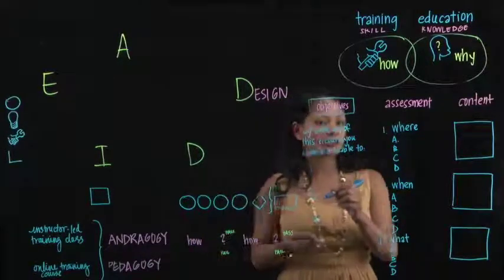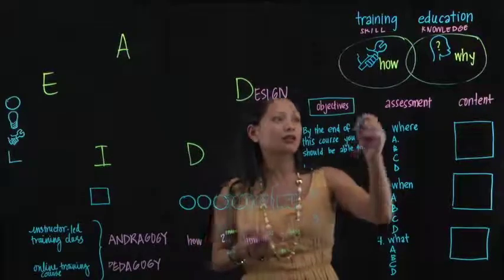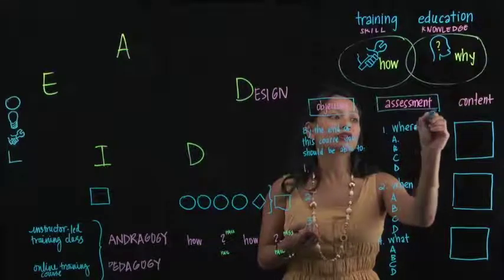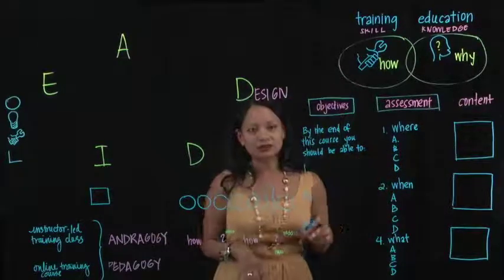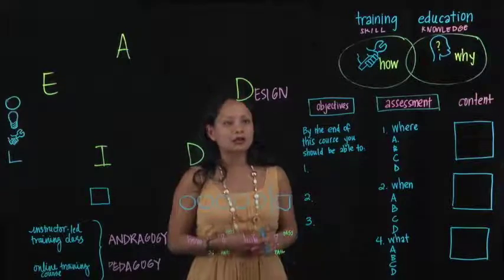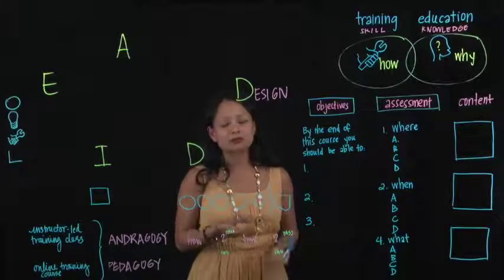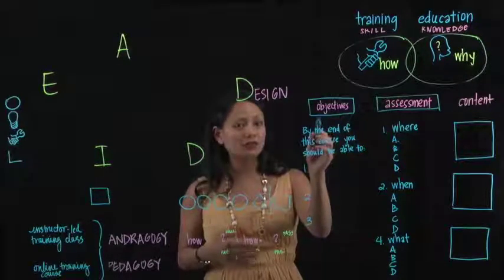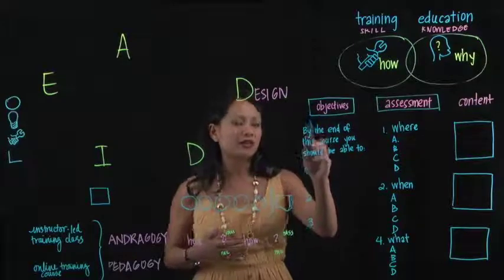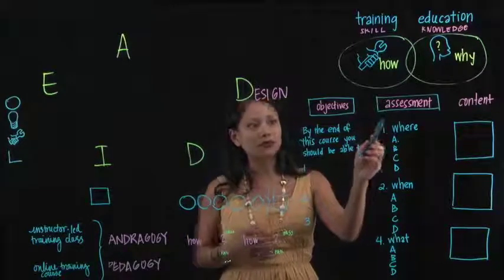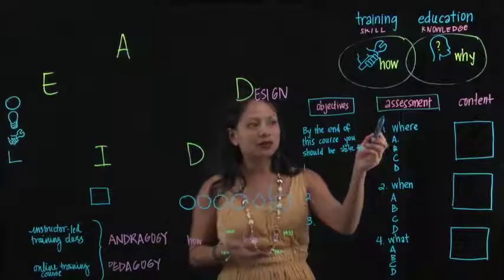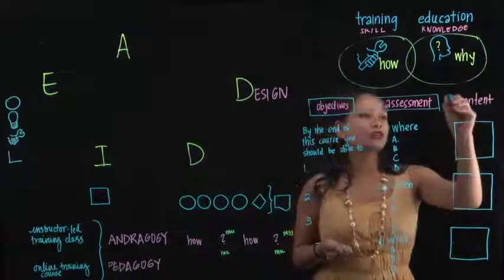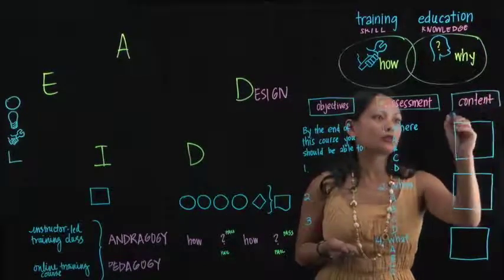So after you identify what you want people to do differently, your next step is to create some kind of a way to measure successful completion of those objectives, or specifically an assessment. Often when we think about assessments, we think about perhaps creating a test. So generally, you want to know what you're going to teach, identify objectives, and then create some kind of assessment that proves that individuals who took your course had achieved successfully the objectives you've identified. And then, and only then, do you start to develop your instructional materials or your content.